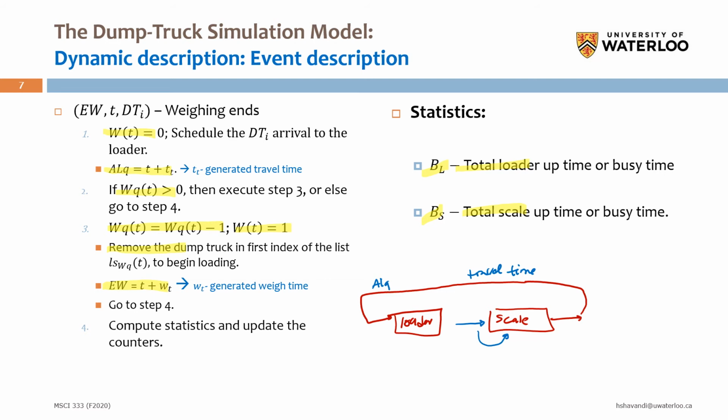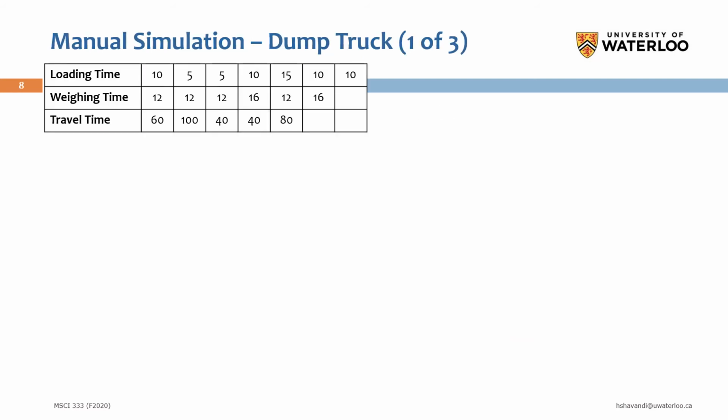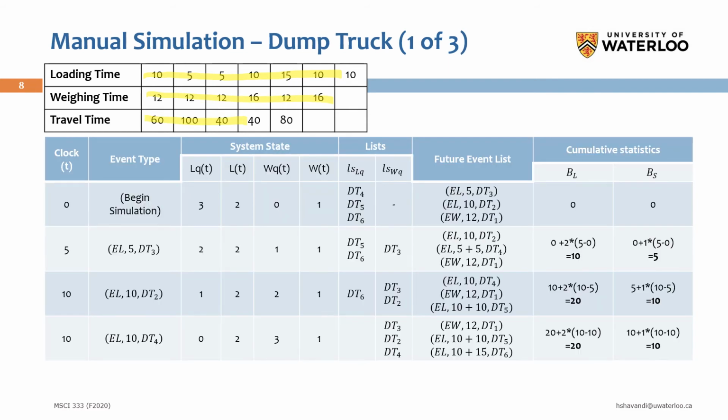Okay, let's simulate this example with sample data that we have here for loading time, weighing time, and travel time. So at time 0 for the initial status, as you remember, we have 3 trucks waiting in the loading station. 2 trucks are ready to be loaded, so at time 0 loading of these 2 trucks will be started, and